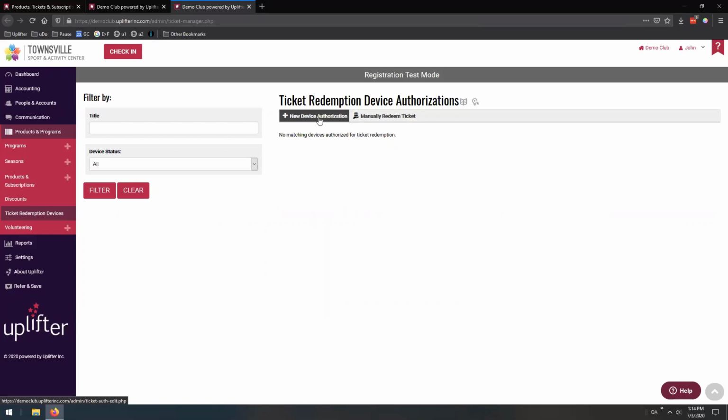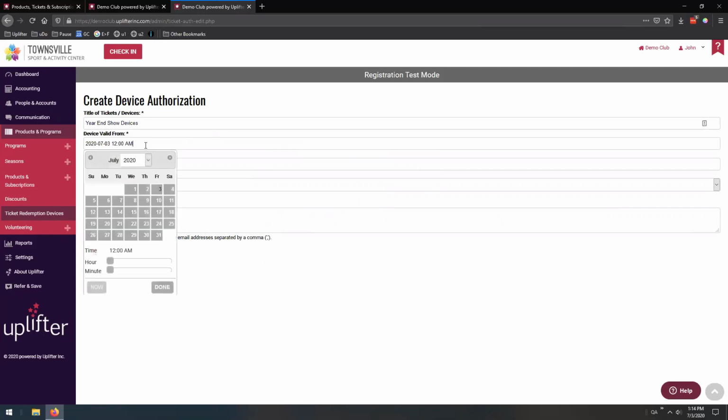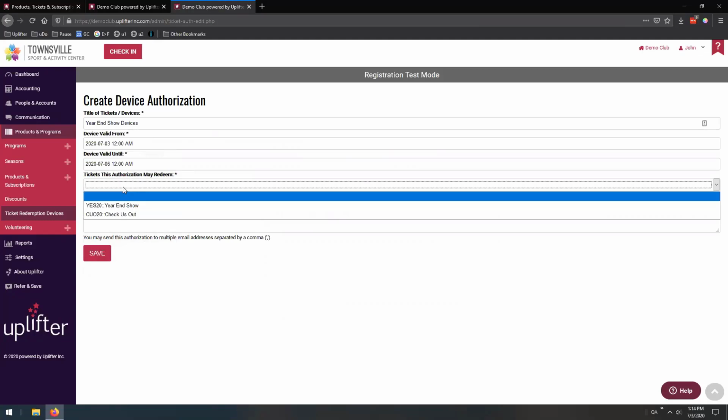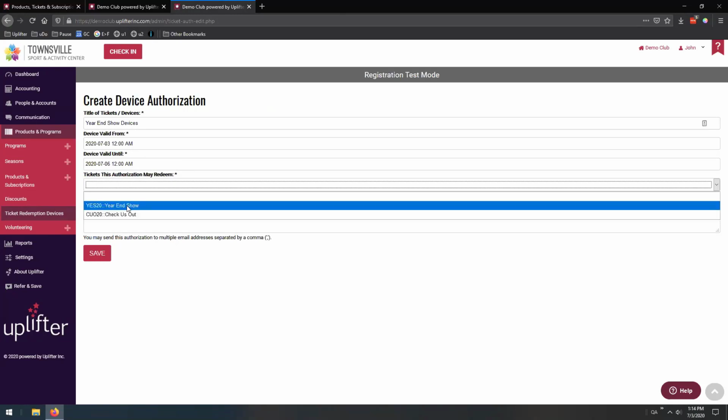So we're going to select new device authorization. And in this instance, we can enable this. So let's call it year-end show devices. We can also set a validity for their ability to redeem. So I want it today until, you know what, it's only a show over the weekend, so I'm going to do till Monday. And then I get to select what tickets they're able to redeem. So I don't want them to be able to do the check us out. I want the year-end show here,